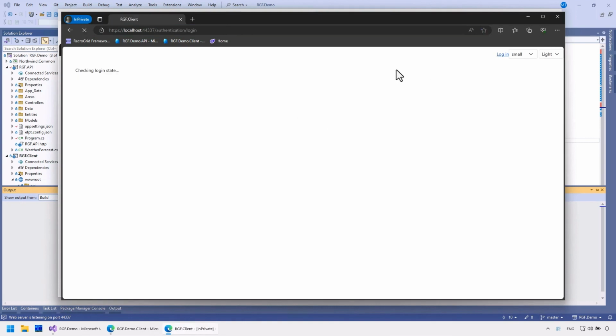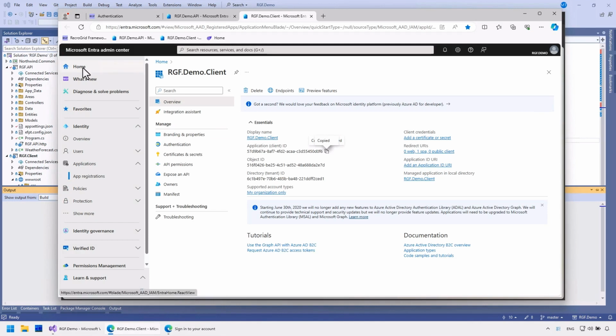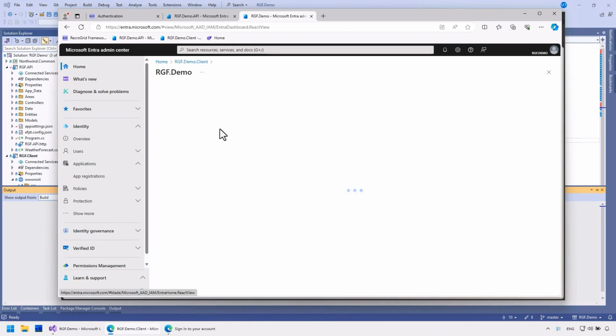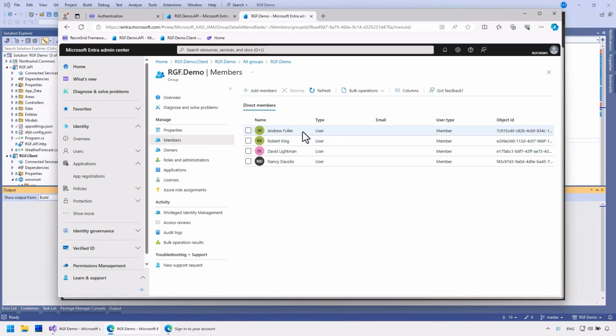I previously created some test users in the RGF demo group, and I'll log into the application with them. Here they are.